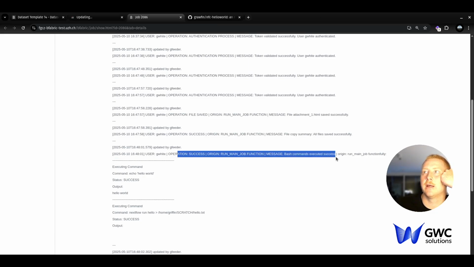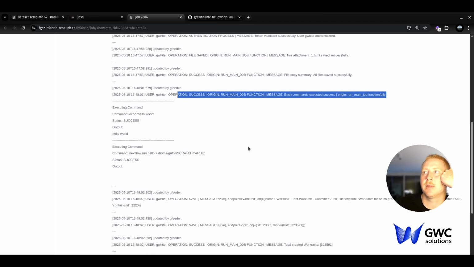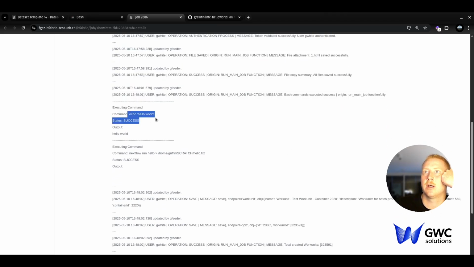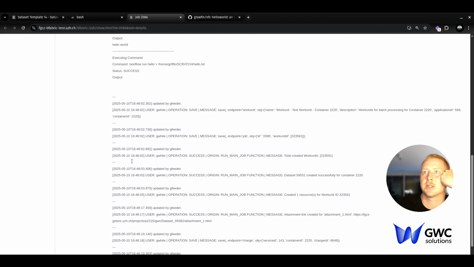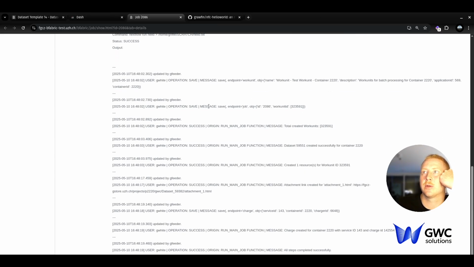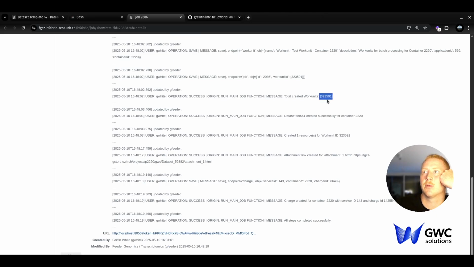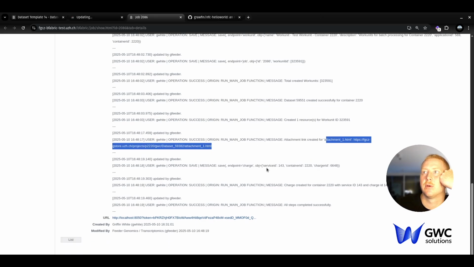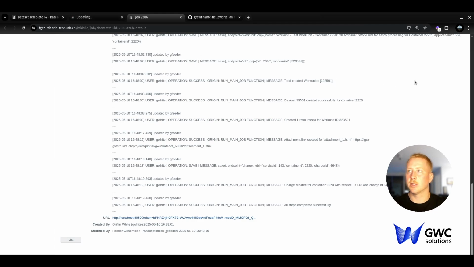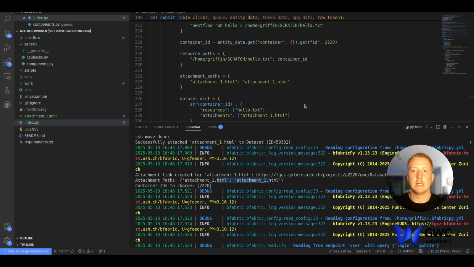And now, okay, bash commands executed successfully. Run main job executed this echo hello world function successfully, and then it executed this nextflow run hello function successfully. Work units for batch processing. Yes, we created a work unit, total created work units, and then we have the work unit ID. We have our attachments. We have our charge, which is created, and we have a message that all steps were invoked successfully. So that's pretty convenient. Just from maybe 200 lines of code we wrote today, we have a fully functioning